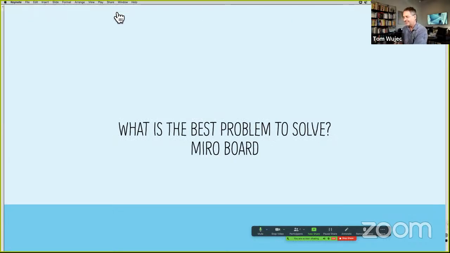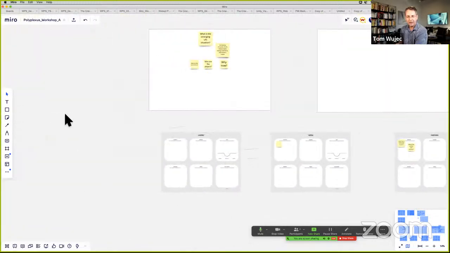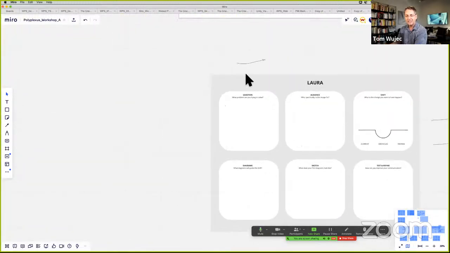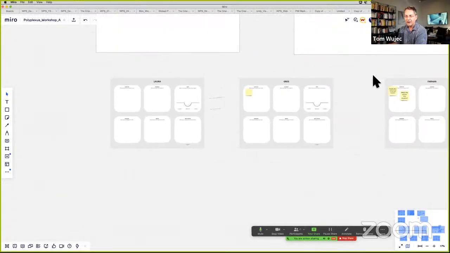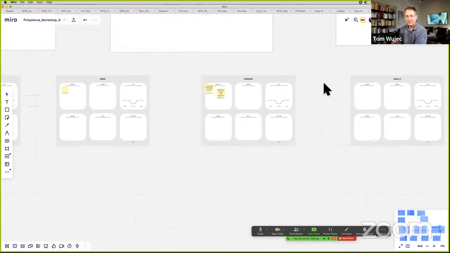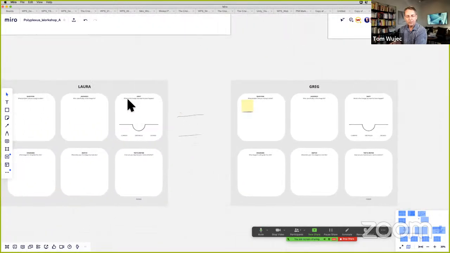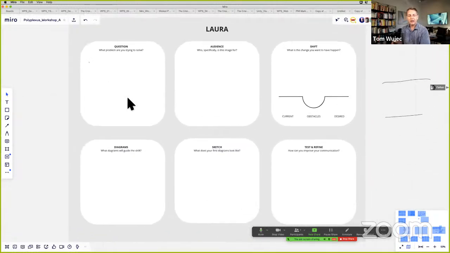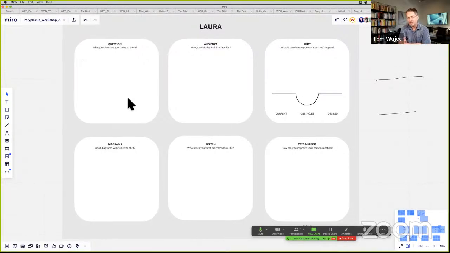Now, we're going to switch over to the Mural board. And what I'd like you to do, oh, we've got a bunch of lines here. I'm going to just delete those lines. So Laura and Greg and Farhan and Shelly, please go to the Mural board and start populating your boards, and then we're going to look at the questions. What I would like you to do is to ask at least 3 questions of what problem you're trying to solve. Put it into the form of a sticky note and